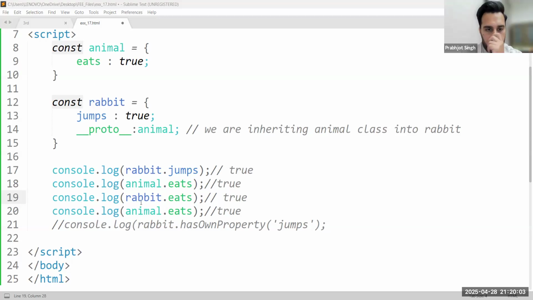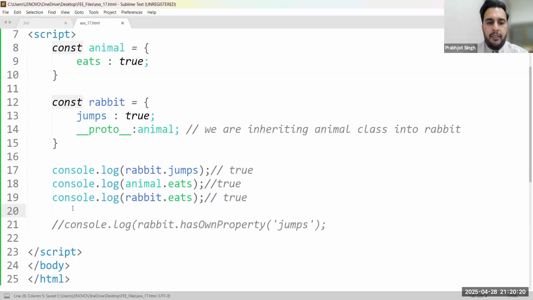Yeah. So now I say rabbit.eats, but rabbit does not have any property of its own, though we have inherited it now, right? And we say animal.eats, but animal already has that property, so it will be true only. But if I say console.log(animal.jumps), is it going to print true? Does animal have any property jumps? No. Then I think it should remain false. Is it okay? So let me open that in the browser